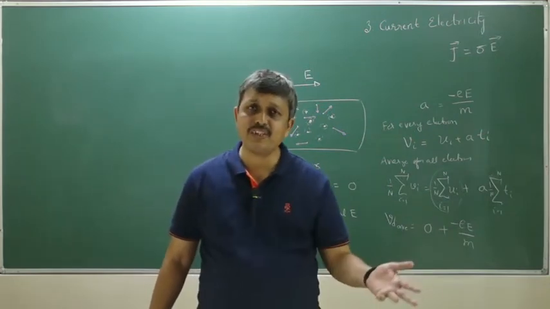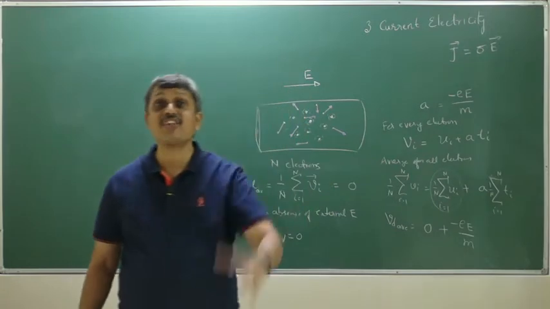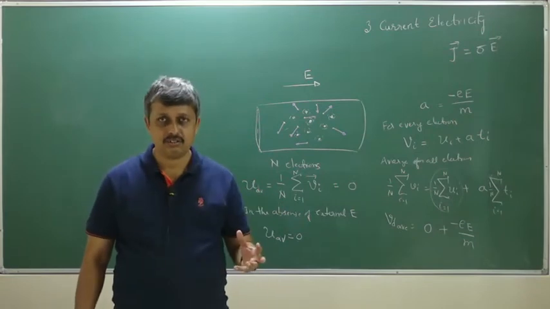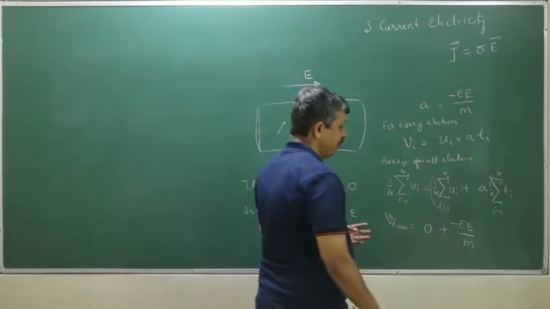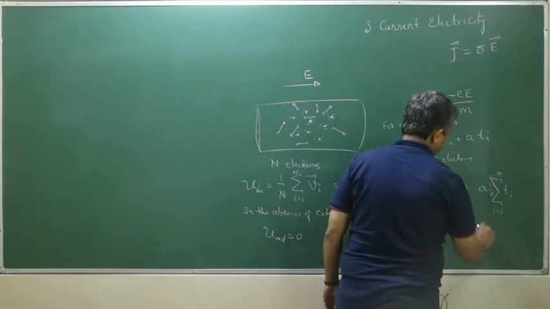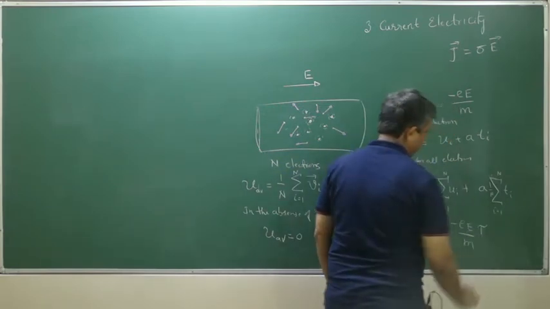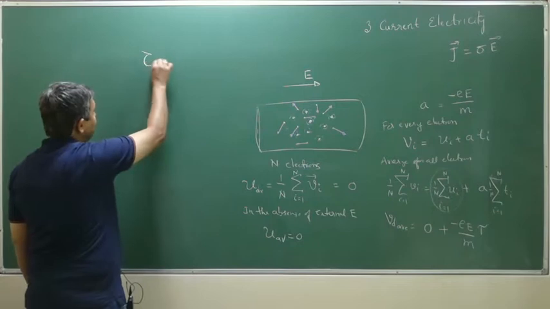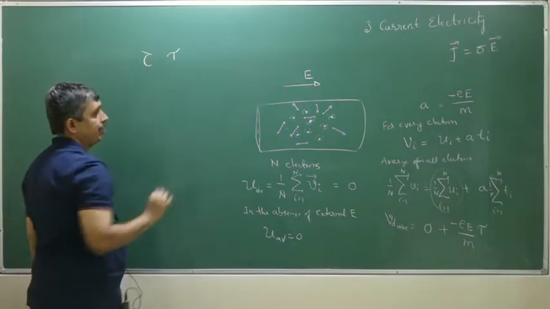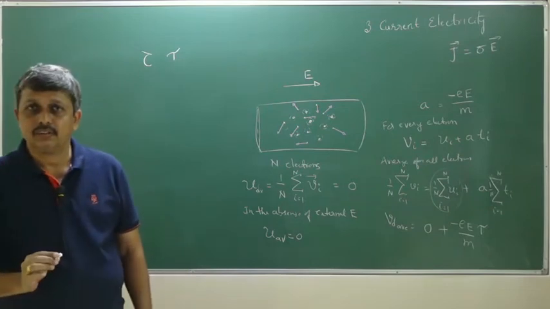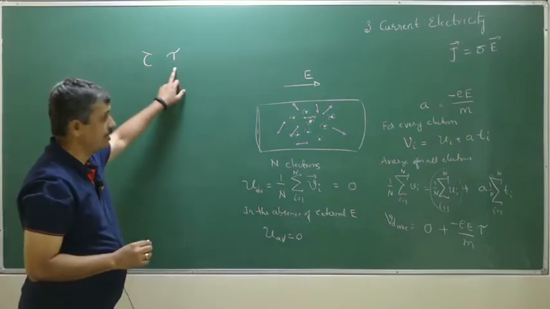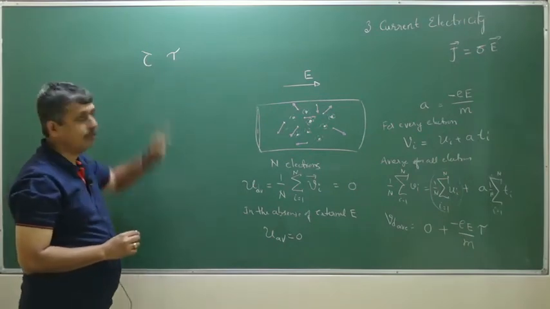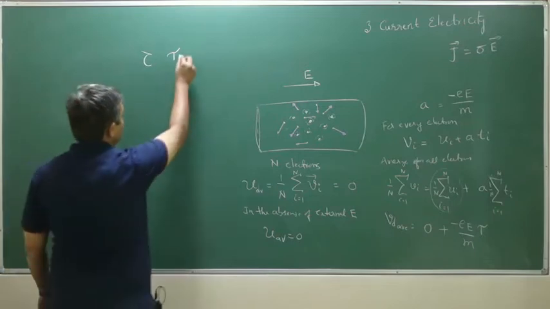For every electron, it may be a different time, but we can take the average of that. So that average, for all electrons put together, we will call an average relaxation time, and we use a symbol called tau. Tau we write sometimes like this, sometimes like this, depending on which book. I will write tau here whenever it relates to time, and I write it like this whenever it relates to torque. Tau is nothing but, in this case,